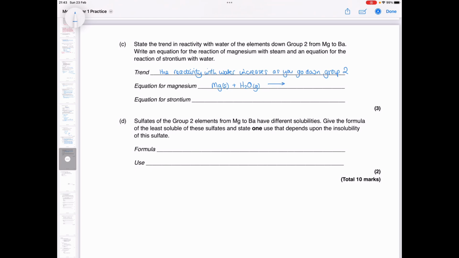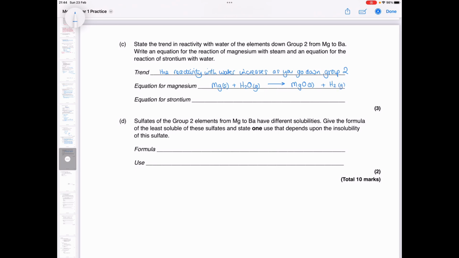So when you do a reaction of magnesium with steam, instead of getting magnesium hydroxide, which you would get if you reacted magnesium with water, instead you get magnesium oxide, which is what was on my mind as I started to write the equation, magnesium oxide plus hydrogen gas, which you can light at the end of the